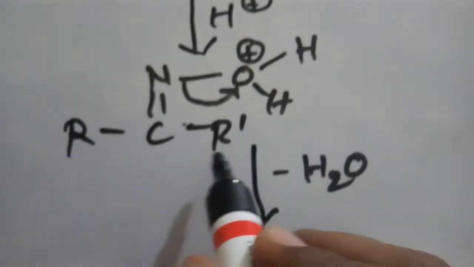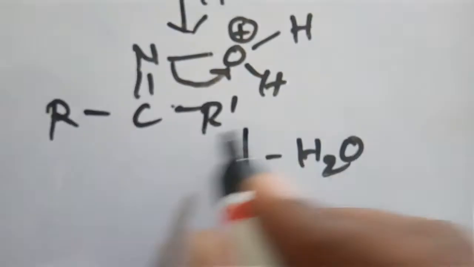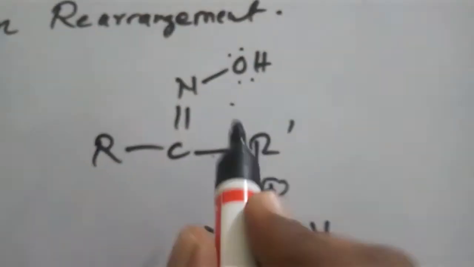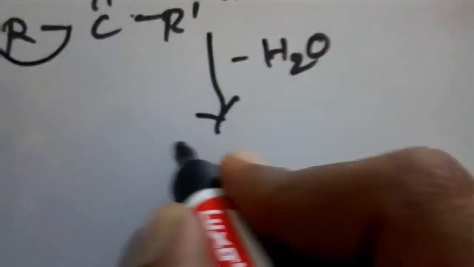Now this is where we have reached. Now assume this R group is anti-position to this OH, so this R will migrate with its electrons onto this nitrogen. So the compound will become now